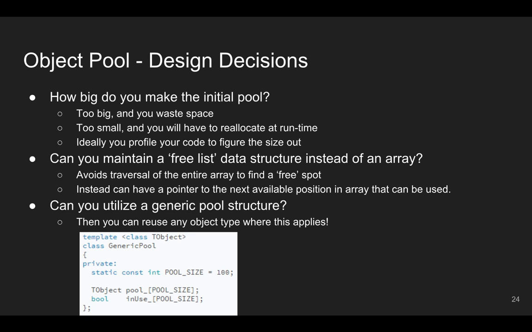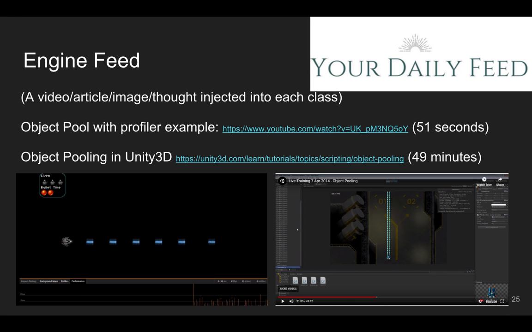What else? Anything else on this? Cool. So I think this is a cool pattern. It's something that you can implement in your projects and see a difference. Okay, so a little,